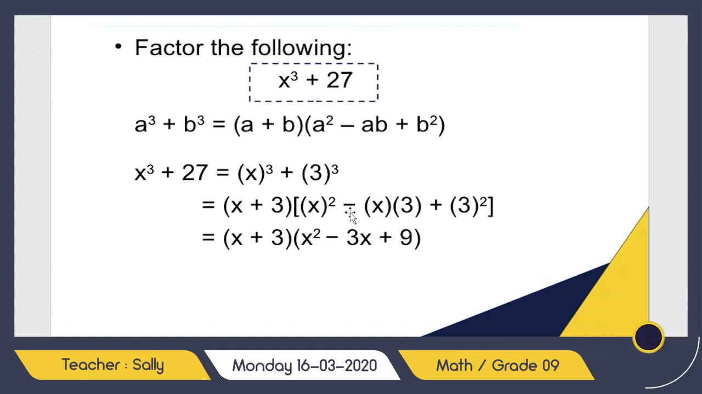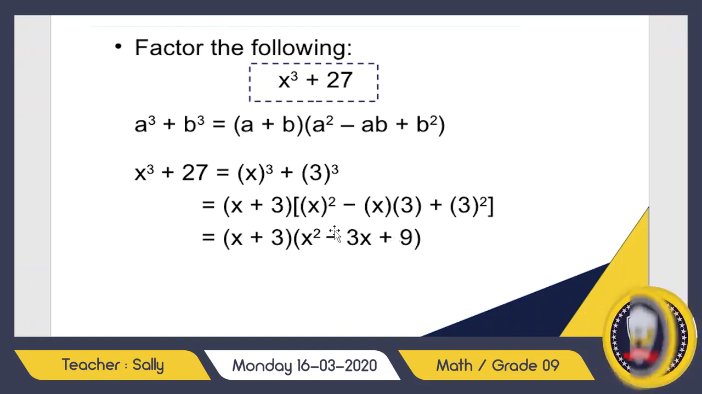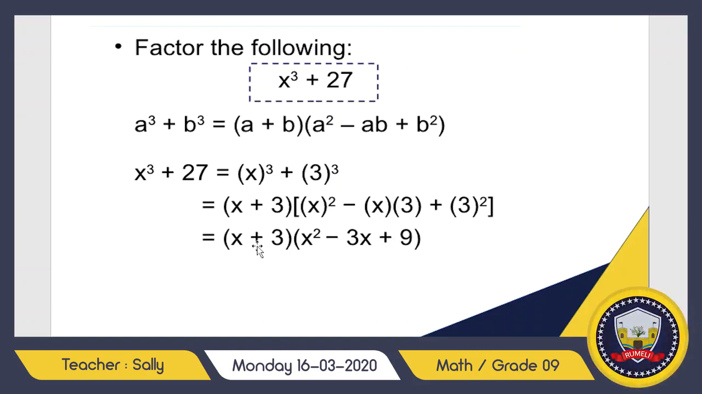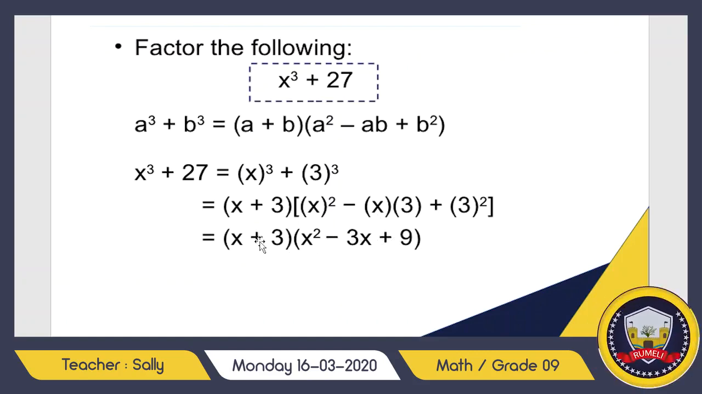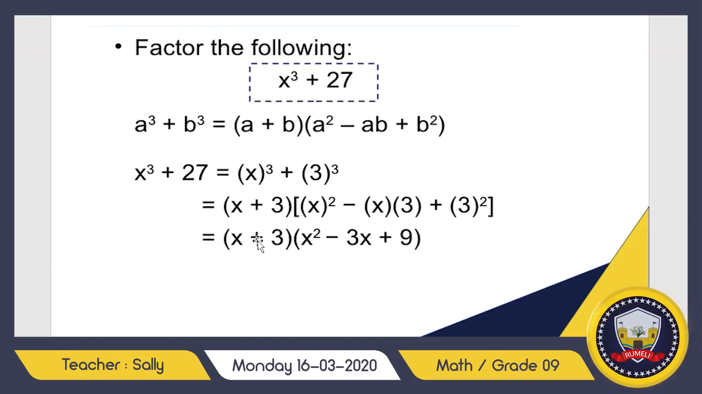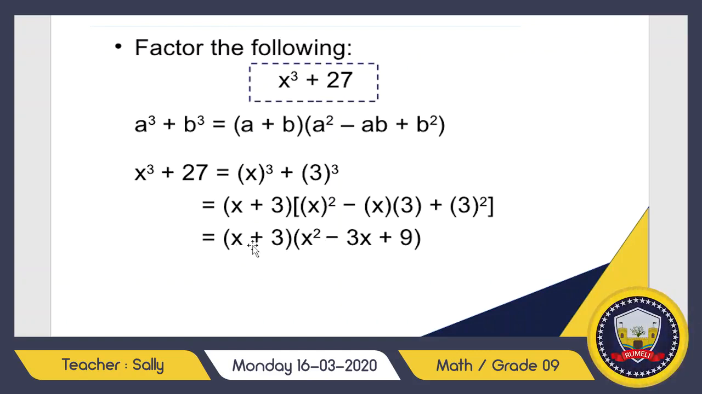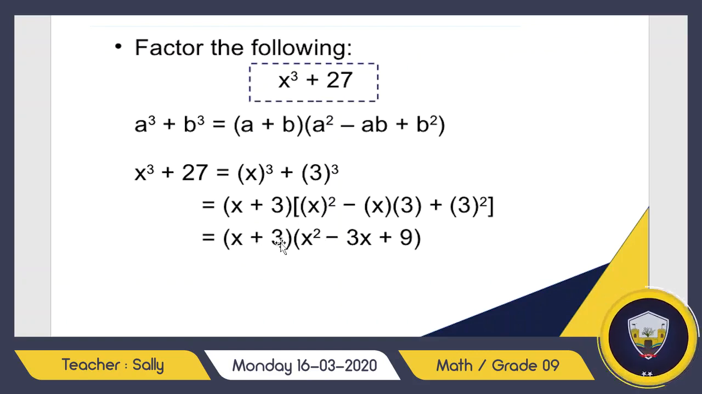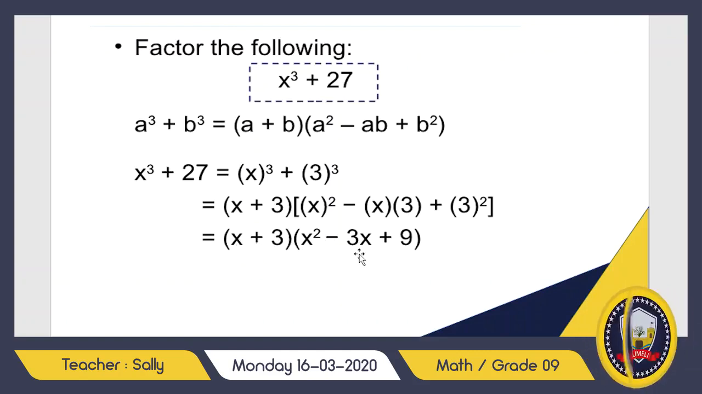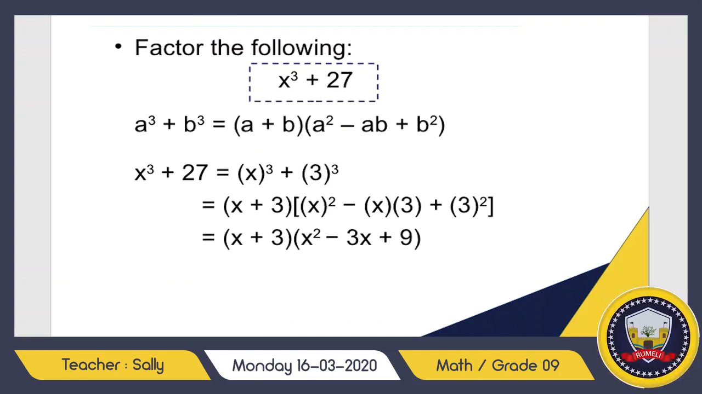What about the middle term of the second bracket? The middle term of the second bracket takes the opposite sign of the first bracket. So if this is positive, this will be negative. If this is negative, it will be positive. And I just multiply the first term by the second term of the first bracket. So 3 by x is going to be negative 3x. Let's take another example to see